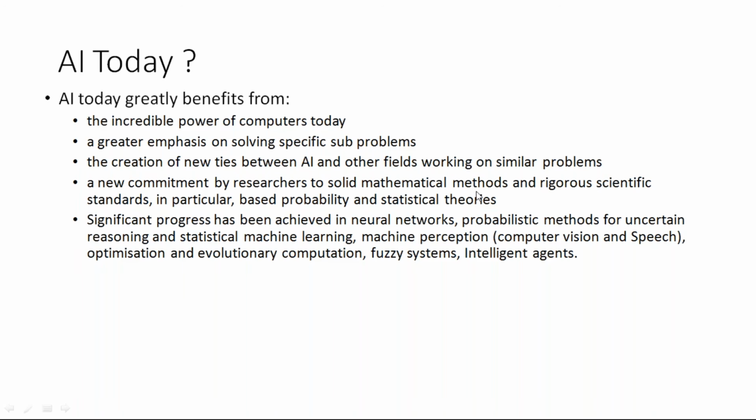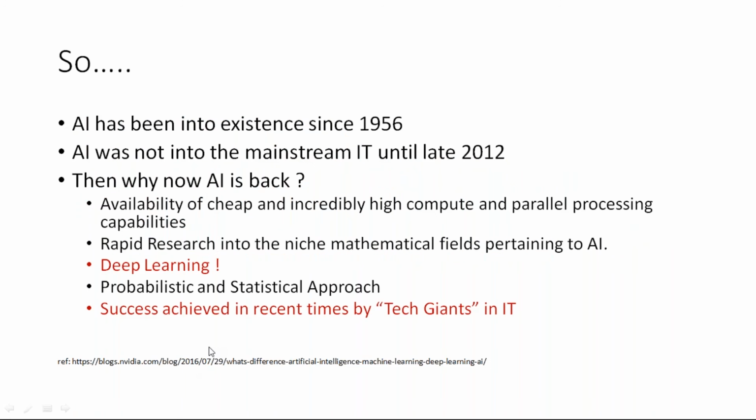One very interesting thing to note is that computer vision and speech recognition have improved greatly, in the sense that the performance has doubled in very recent years. The performance of computer vision and speech recognition that we had in 2012 has doubled right now. That's only because of a concept called deep learning. So this is how AI is benefiting right now.